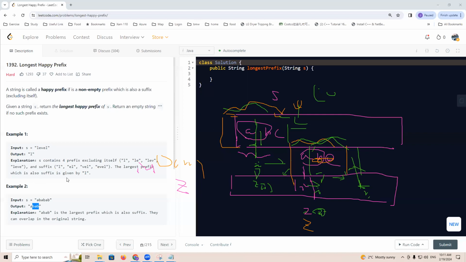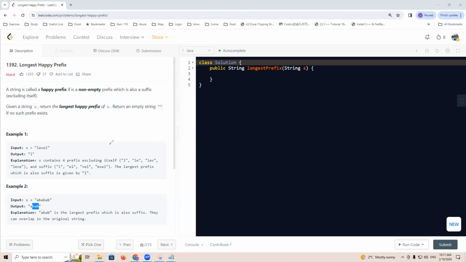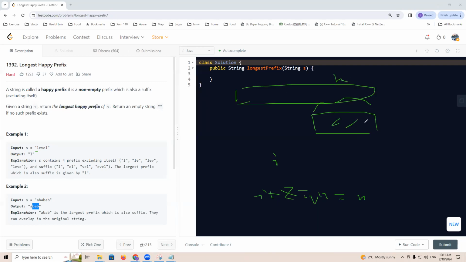So let's write code for this. The logic here is that we have the Z array, and if we find an index i where Zi plus i equals n, that means at index i this range already reaches the end of the string, and it also matches the prefix. So this part is both a suffix and a prefix. So if we have i plus Zi equals n,